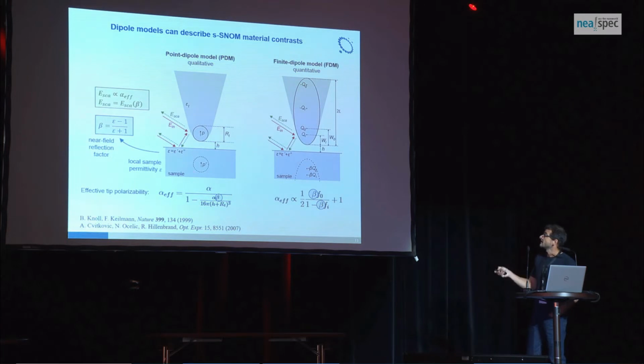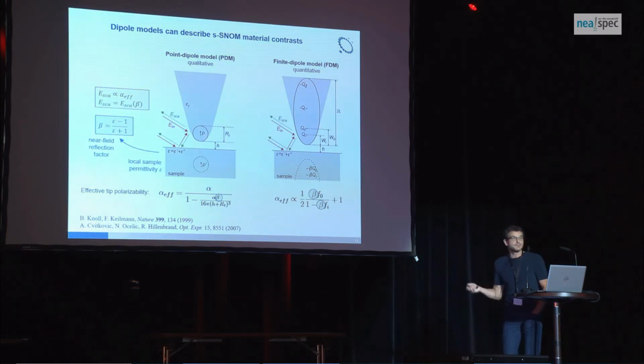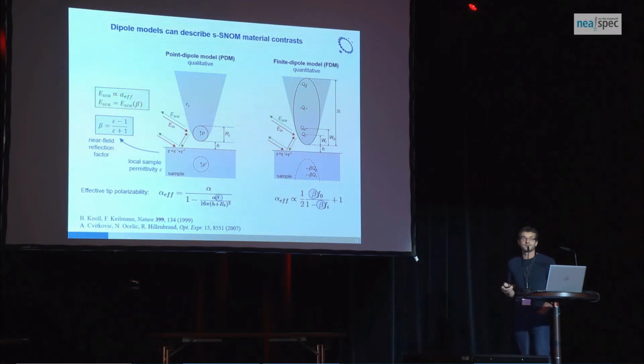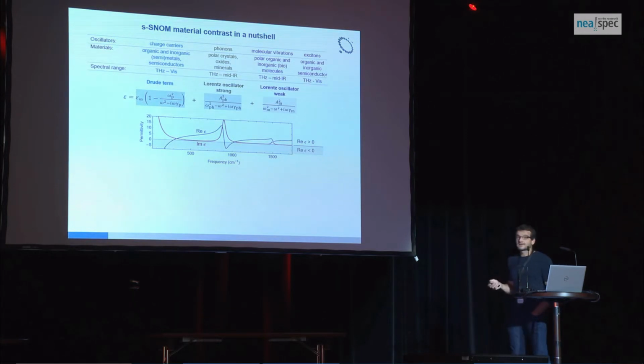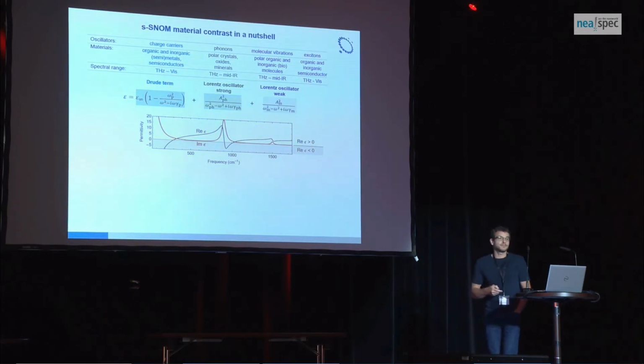So there are different ways. The point dipole model, which is qualitative, and the finite dipole model, which is rather quantitative, and there are many more models. Dimitri Basov's group and Misha Vogler developed a lot of models. So there are many of them. This is just our own, and I just show them here. Now, I prepared this slide here, and I would like to connect all types of applications and